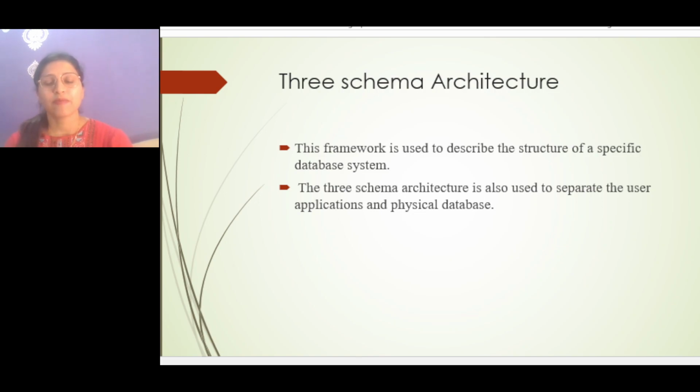And what do you understand by the word schema? Schema means the blueprint of your database. It is a blueprint of your database, meaning what kind of data will be there and how the data of a table will be related to the data in another table. That will be the schema. Okay. So this three schema architecture is a framework which helps us to describe the structure of the specific